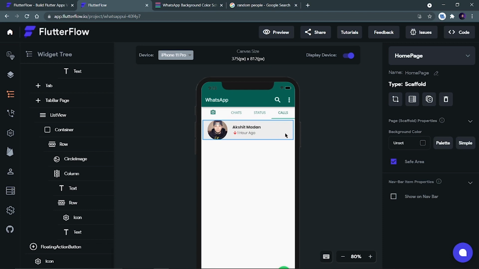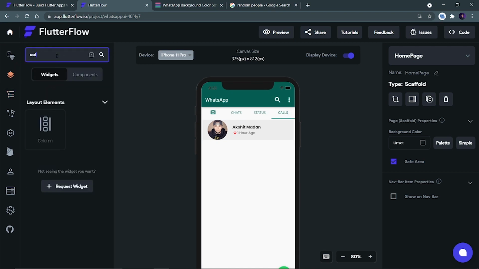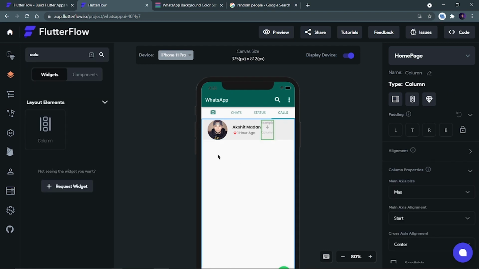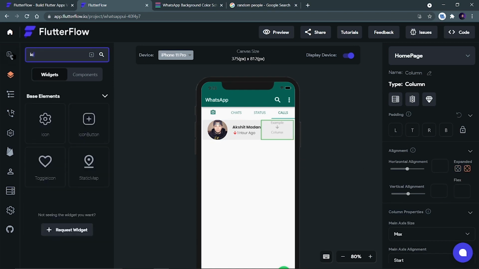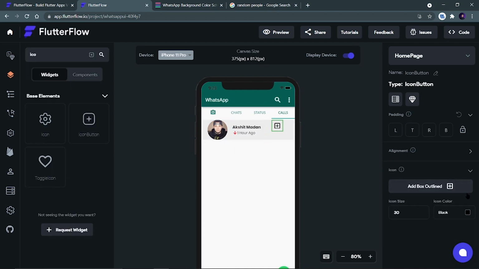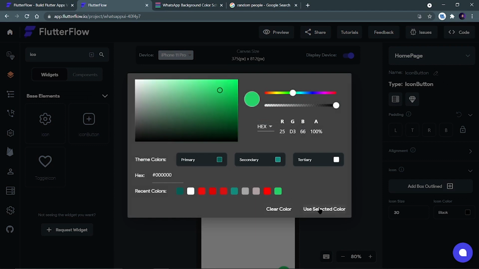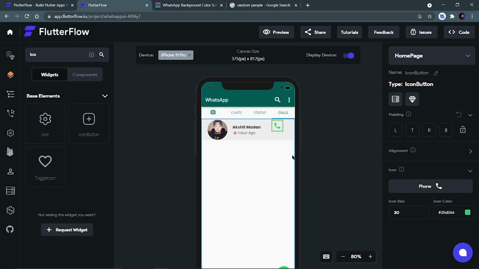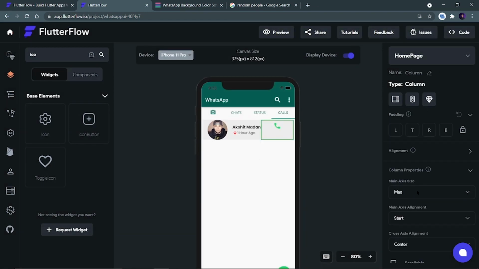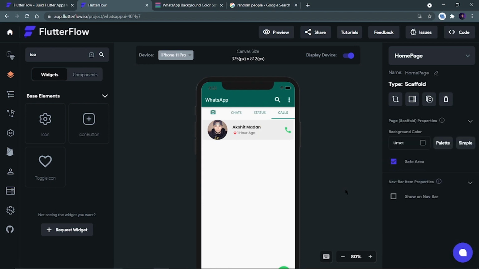And we have one more icon over here for the call icon, so a phone icon. So I'll search for a column. Let's go to the widget UI builder and search for a column. Put that column over here, and let's make its alignment expanded. It's perfect. Then I can search for an icon button, because people can click on that icon and make a call. The icon color will be this green, and the icon is going to be a phone. Yes, this one. The column's main axis alignment will be center only, and cross axis alignment is at the end. Perfect.